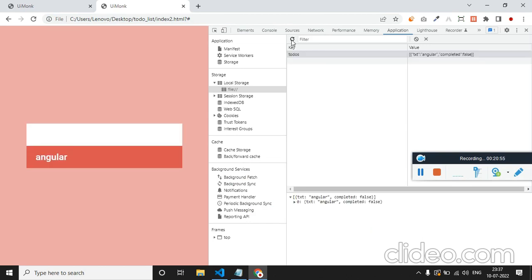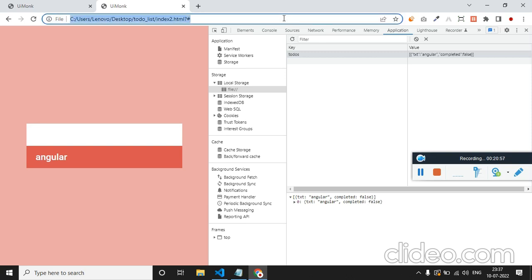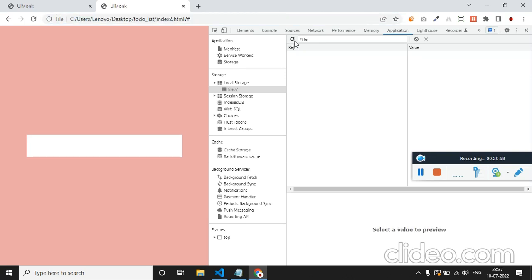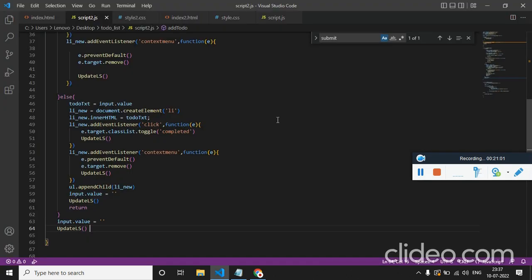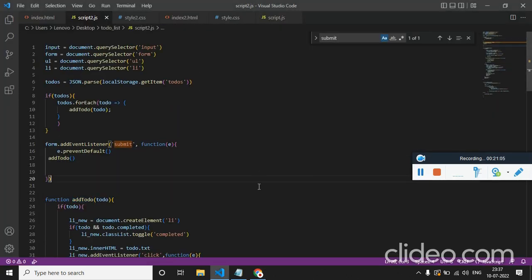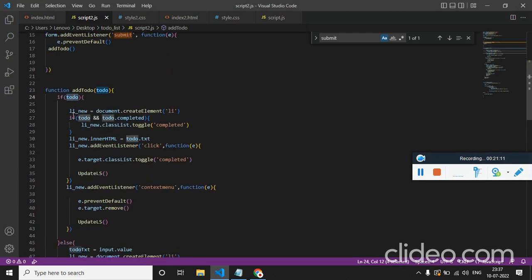Refresh the page, refresh again. Let's debug this. If there is value, then this todo is going to work. If there is a todo, then